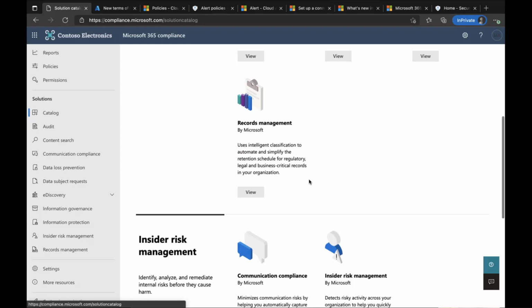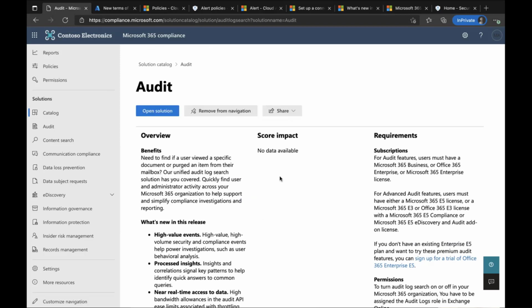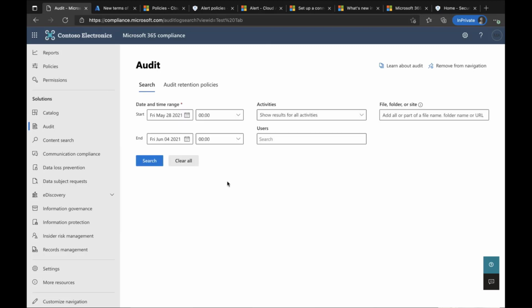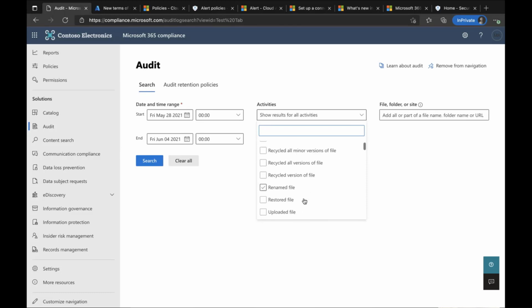And let's just go down. Discover and respond. Auditing in the Compliance Center records user and admin activity from your organization. So if we open the audit log, it's really powerful here. We can search the audit log in Microsoft 365 for all sorts of activities. If we drill down in here, we can look for all sorts of content relating to files and email,